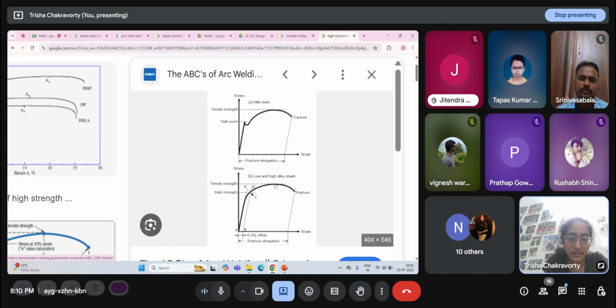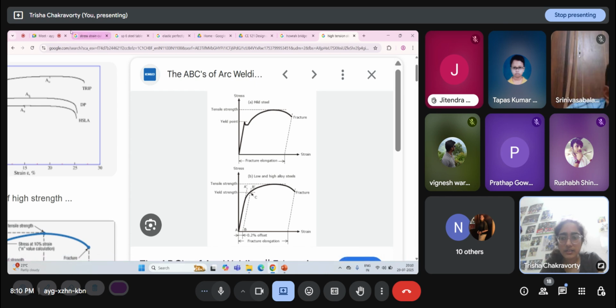And the ultimate tensile strength is the point where the stress is maximum. That is very easy to visualize here. Of all these points, this is where the stress is maximum. So the highest point will be the ultimate strength point, and the point where the slope changes drastically is the